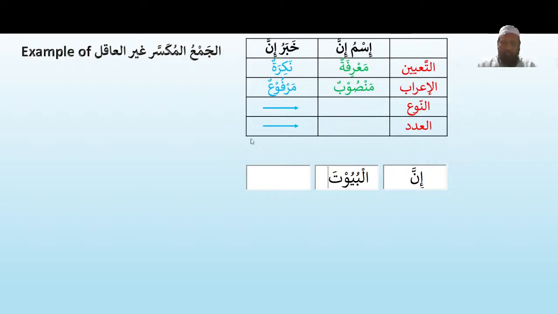So what was it? Big. إن البيوت big. We need كبير. كبير is big. Now what is the rule of جمع المكسر in Arabic grammar? What does جمع المكسر غير عاقل become? It is treated as